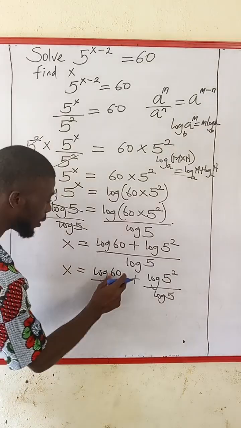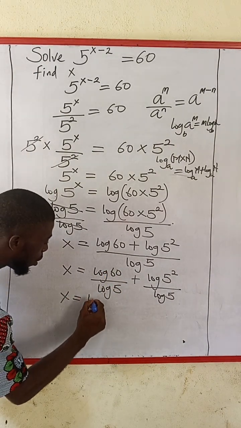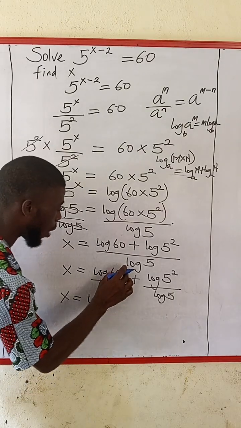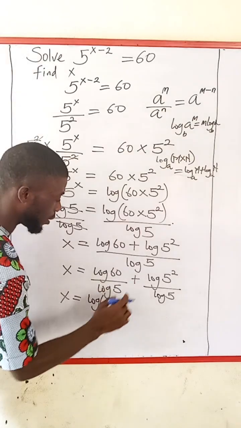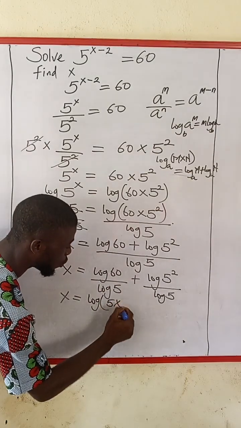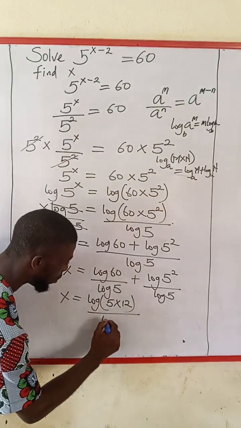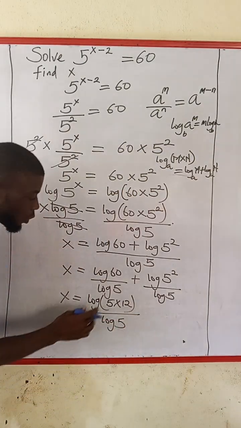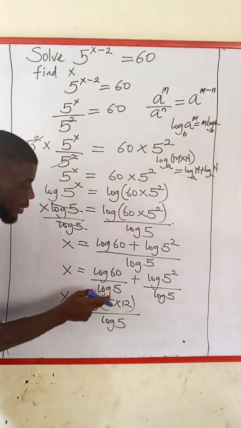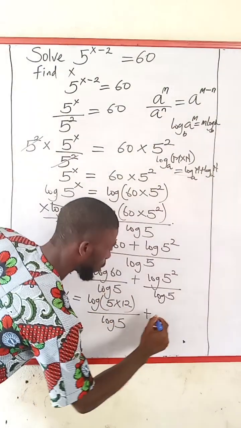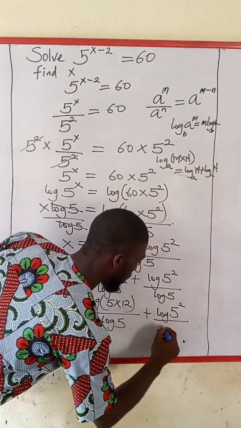Okay? Now this log 60, I can also express to be log of 60. I will check for a multiple of 5 that can divide 60. I know that 5 times 12 will give me 60. So this would now be over log 5. What have I done? 5 times 12 will give me back 60. Meaning that I have not changed the 60 here. Plus log 5 raised to the power of 2 divided by